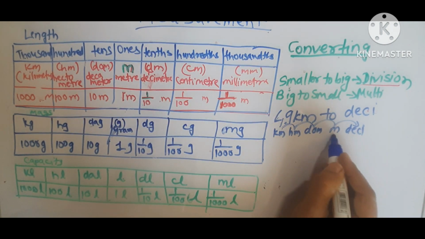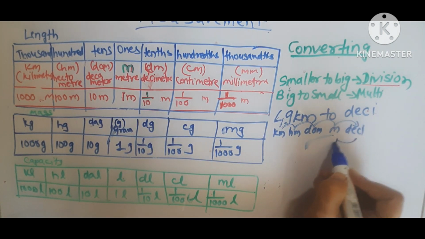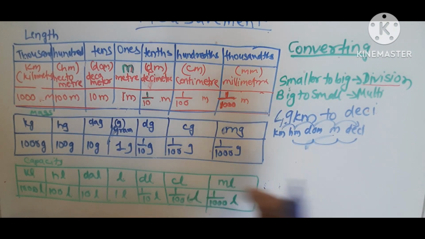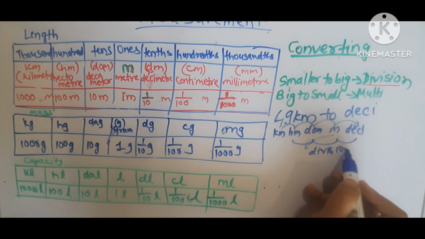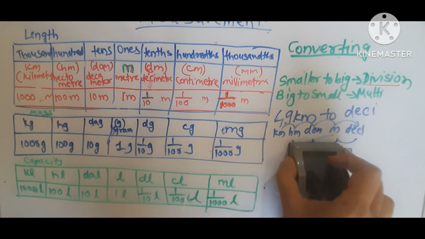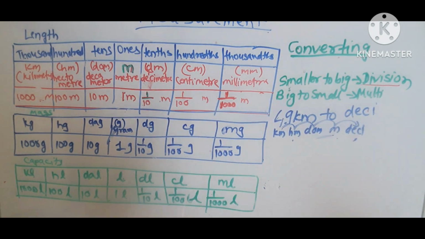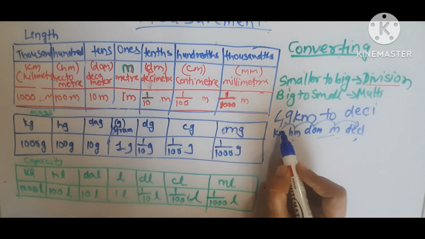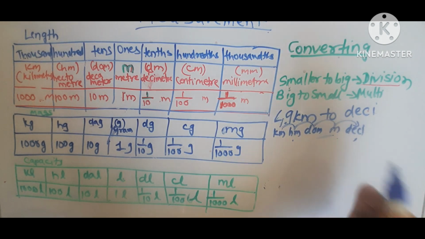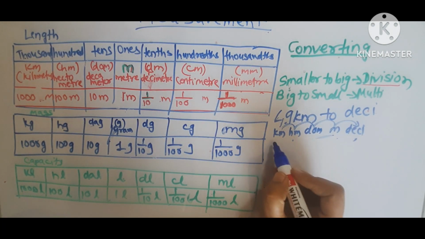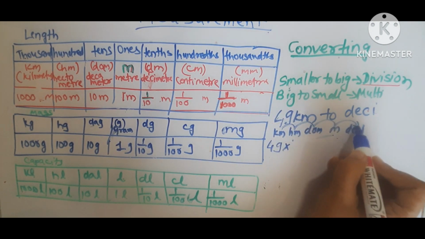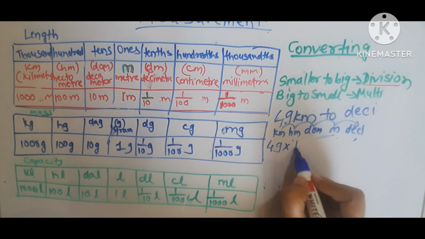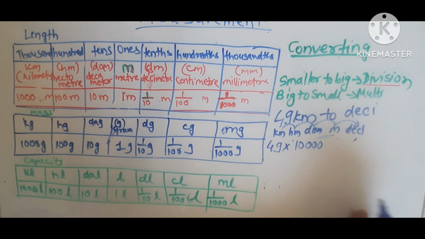And if we have to go in the opposite direction, that is smaller unit to bigger unit, then we will do division. Okay, so let's solve this problem. We have to convert 49 kilometer to decimeter. We are converting from bigger unit to smaller unit, so it will be multiplication. And by how much will we multiply? We are moving 1, that is 10, 100, 1000, 10,000. So it will be multiplied by 10,000